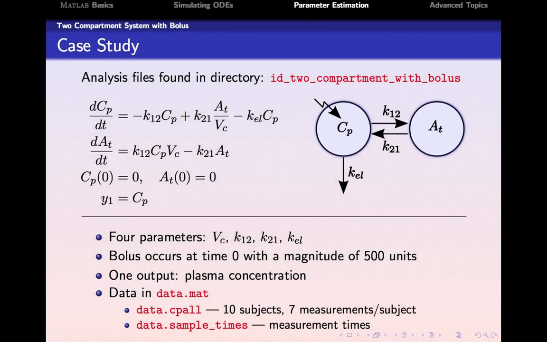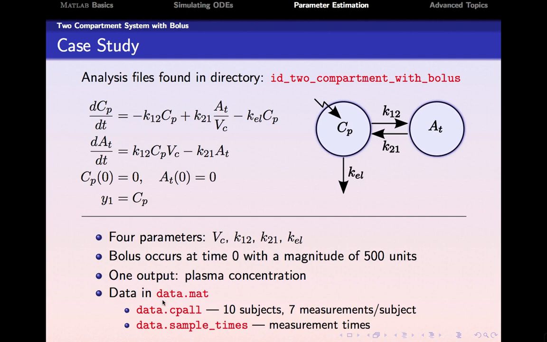Okay, to understand the parameter estimation paradigm here, I'm going to go back to the two-compartment model with a bolus as a case study. Recall that we have this two-compartment model, and it's parameterized in terms of the K12, K21 microconstants. So we have basically 4 parameters, and we have a bolus occurring at time 0 with a magnitude of 500 units. We have one output in this case, it's the plasma concentration,